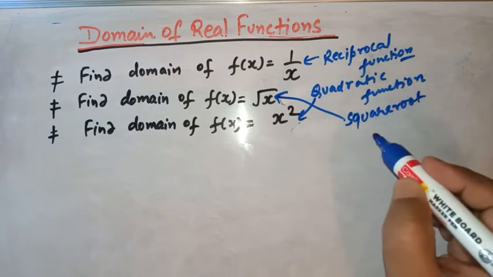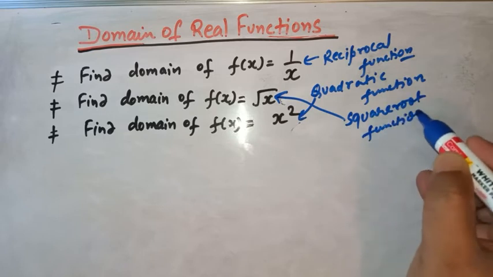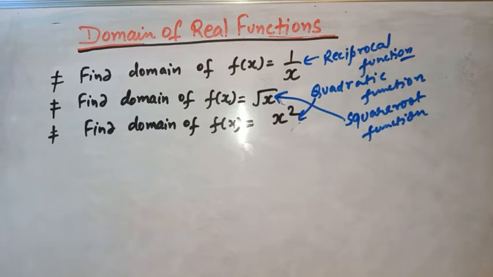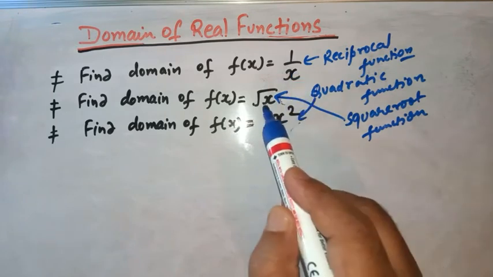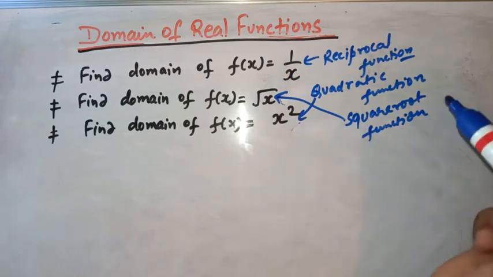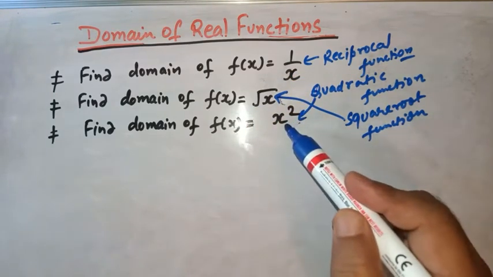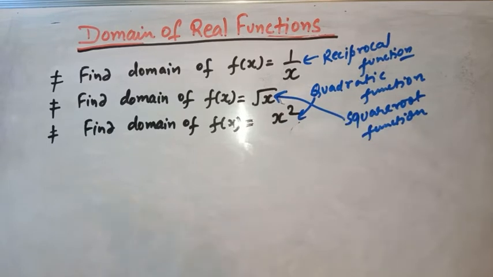Square root function. So the first one is the reciprocal function, the second one is the square root function, and the third one is the quadratic function. So let us find the domain one by one. Now here we see that